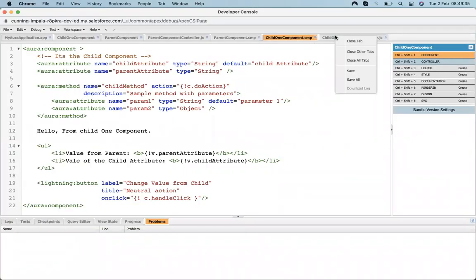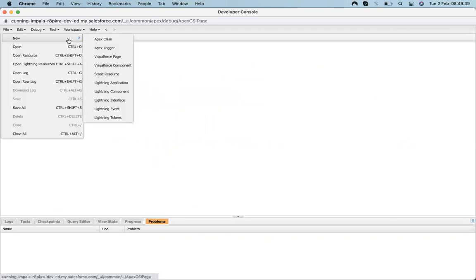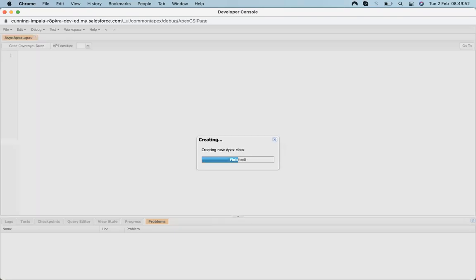Let's close each tab. I'm creating a class called AsyncApex.